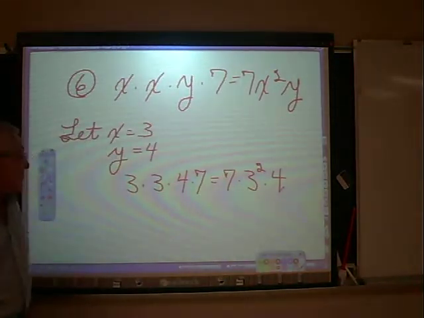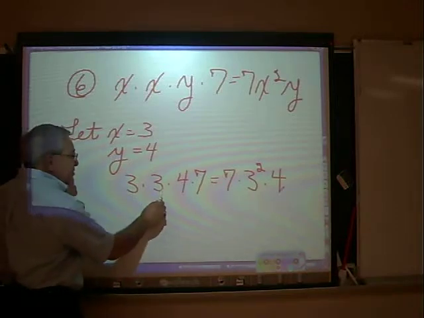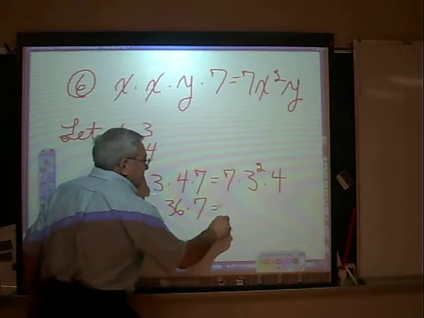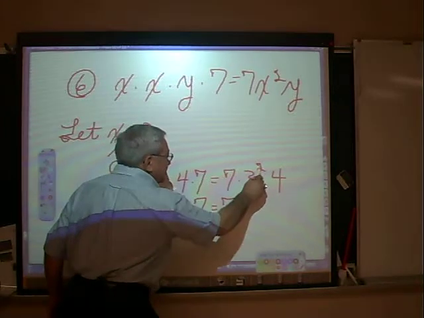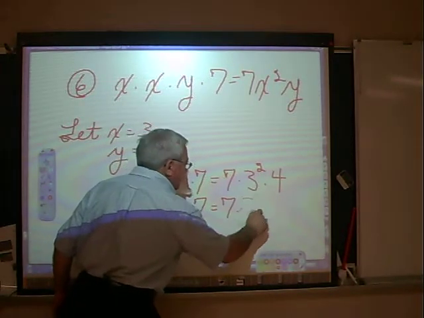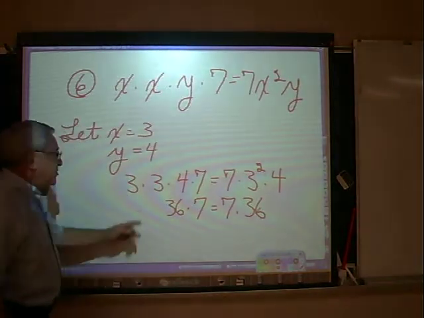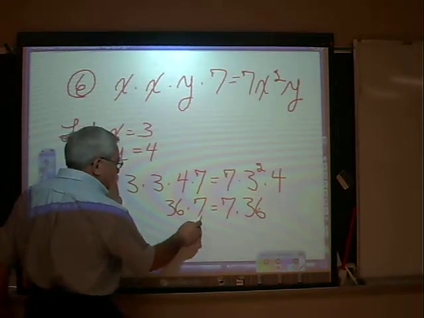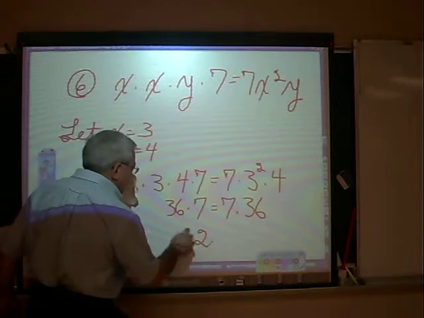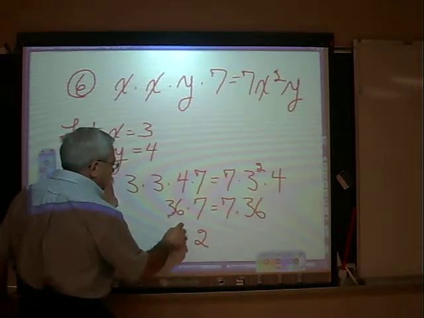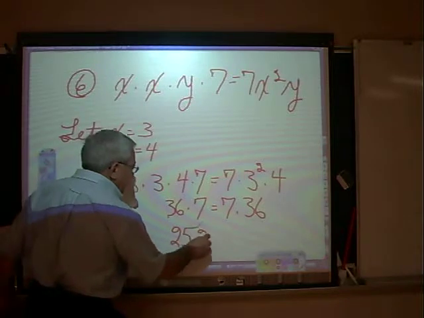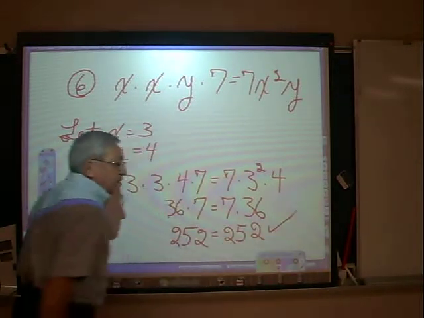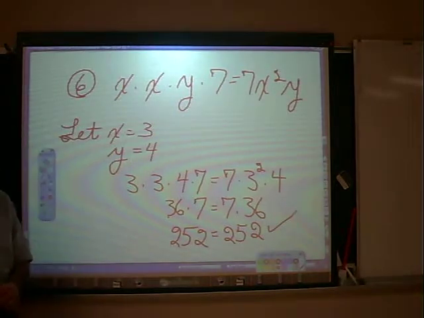So now, let's see if that's actually true. 3 times 3 is 9, 9 times 4 is 36. And we have 7 times 3 squared times 4, which is 9 times 4 is 36. So 36 times 7 equals 7 times 36. Of course, it's the same thing. 7 times 6 is 42. 7 times 30 is 210, plus 42 is 252. So 252 equals 252. And now we should be in really good shape to be able to do the problems